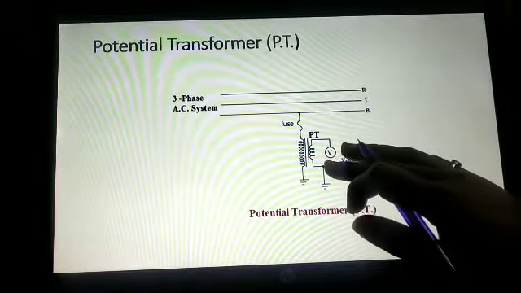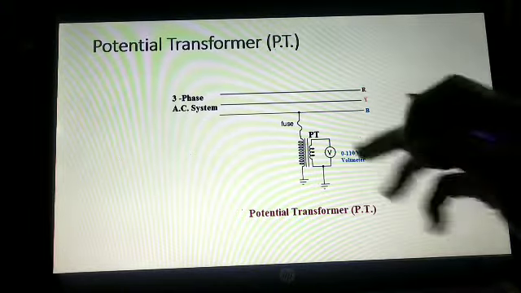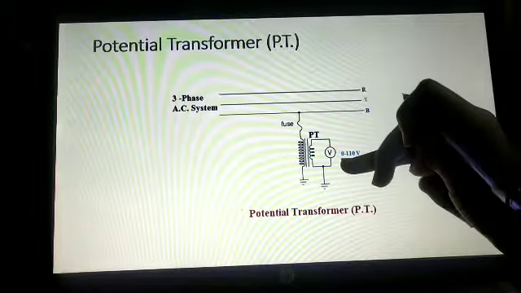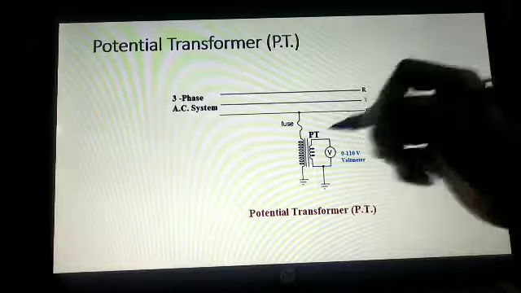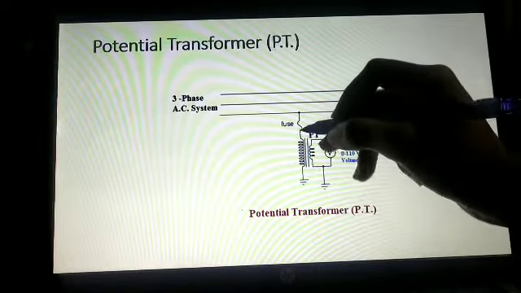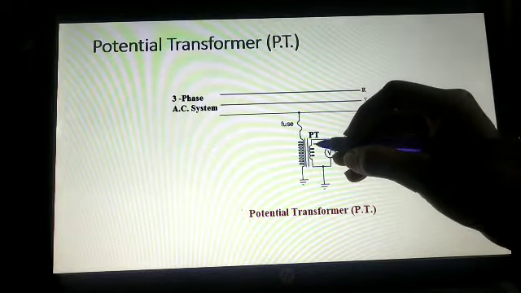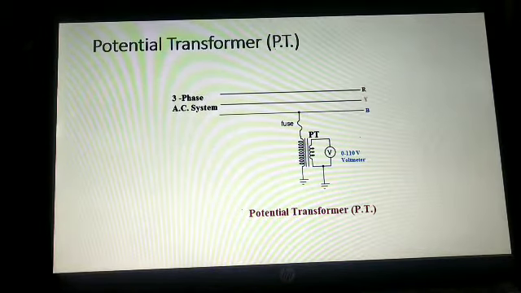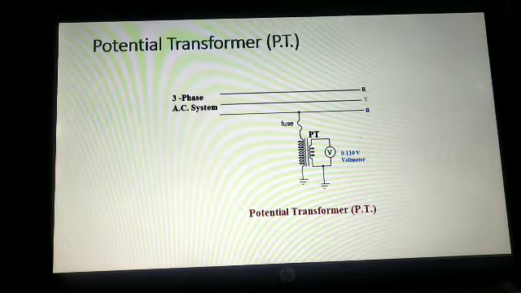So here is our potential transformer. It is opposite to the current transformer. So this is our primary, this is our secondary side. Okay, so this is primary and this is secondary. Here the primary side has a large number of turns, and the secondary side has a low number of turns. We will learn it. So remember the diagram, draw the diagrams in your notebook because diagrams are very important. On the diagram only we can write many things.